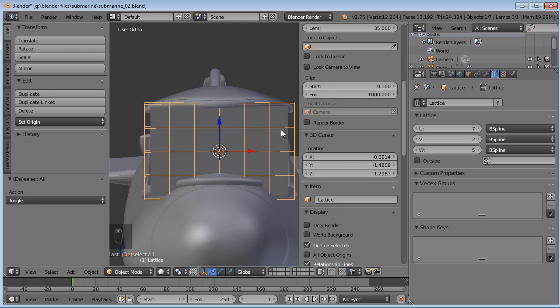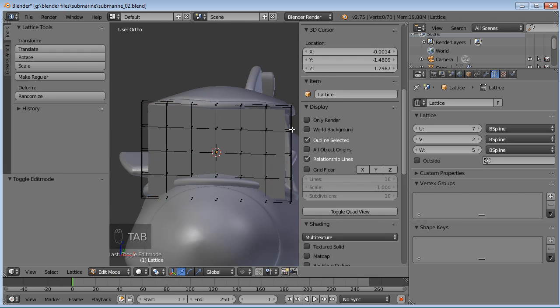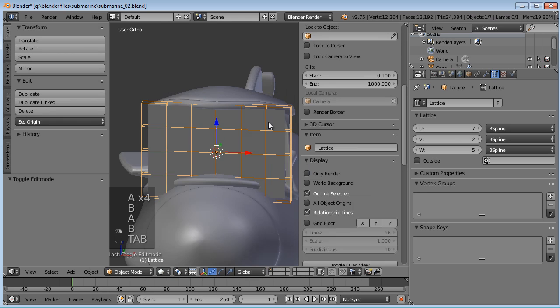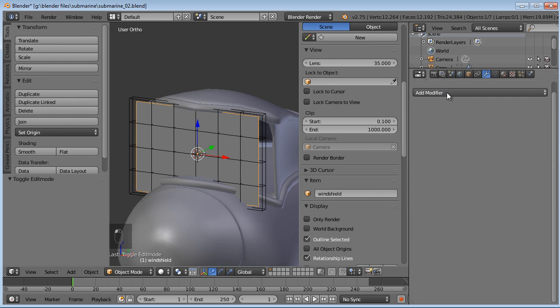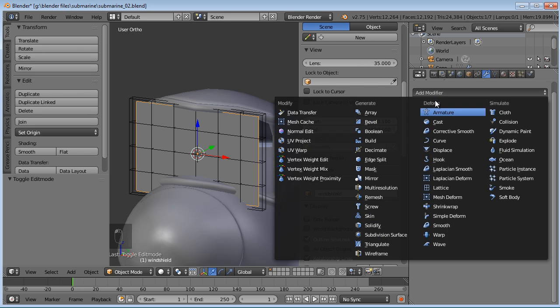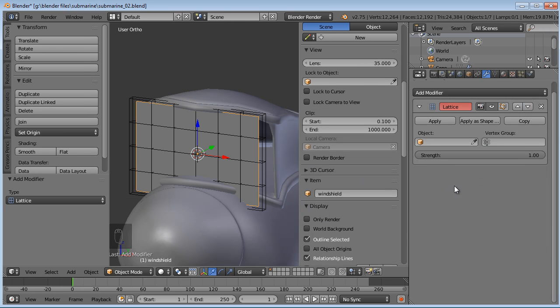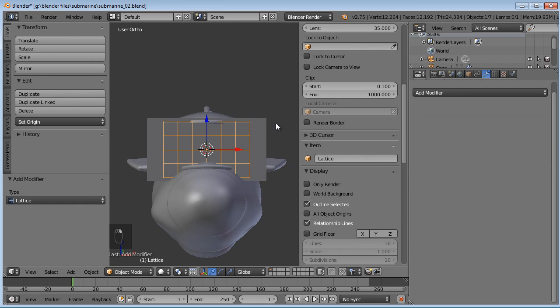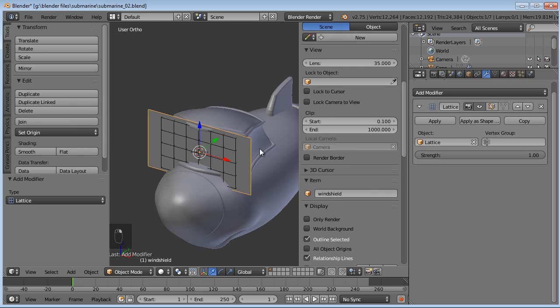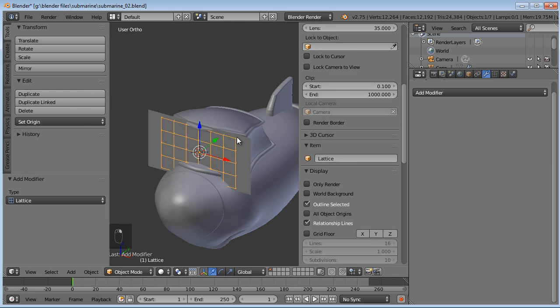Okay, so now all we have to do is tab into edit mode, and actually, before we do that, let's grab our windshield and go to our modifiers and add in under the deform set, lattice, and then under object we say lattice. So see, since I applied that shape before, it scaled the windshield up where it didn't need to go.